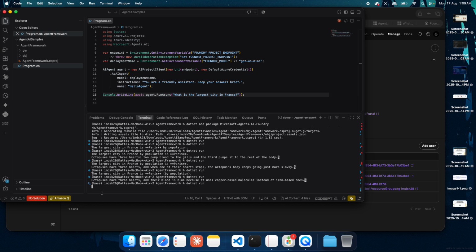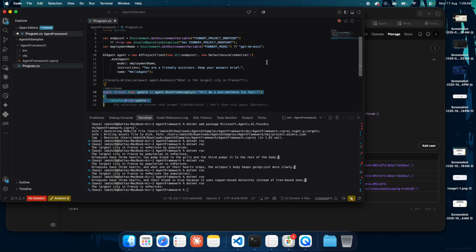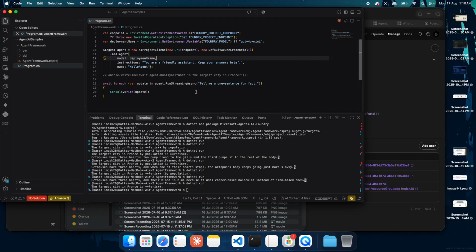So when I am running this piece of code, it will respond. Yeah, the largest city in France is Paris. That is how it responds. We also have one more method called RunStreamingAsync. With the help of RunStreamingAsync, the response is retrieved in chunks, word by word.